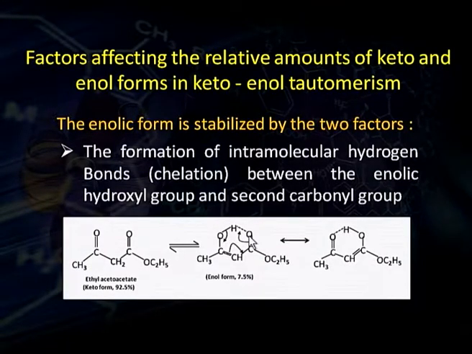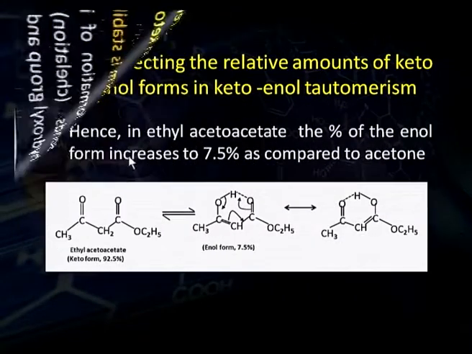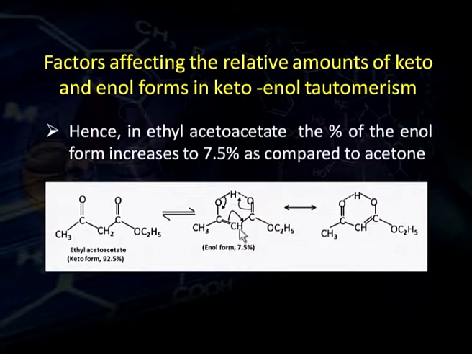So, conjugation as well as intramolecular hydrogen bond both are responsible for the stability of this enolic form. And since both factors are operating in ethyl acetoacetate, the percentage of enol is increased to 7.5% and the keto form is